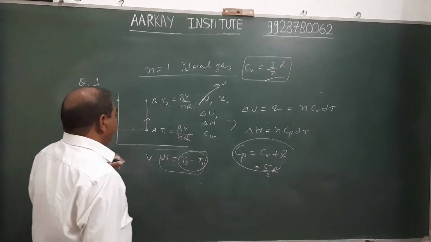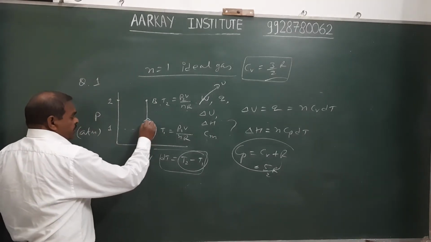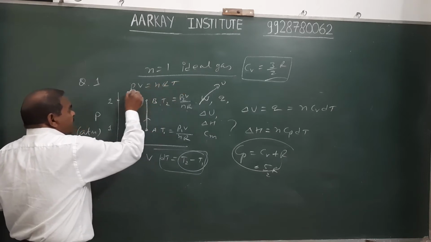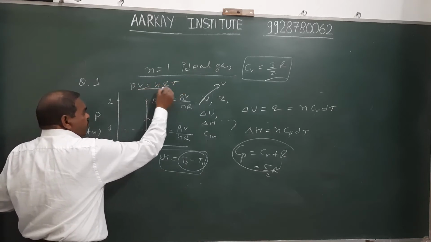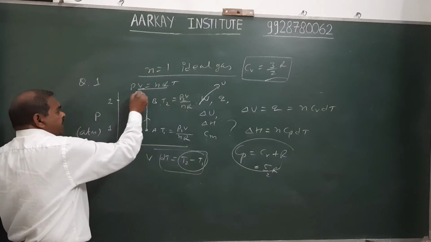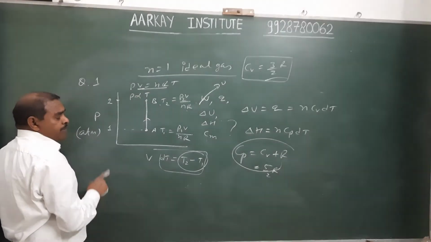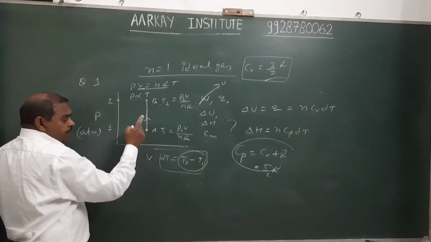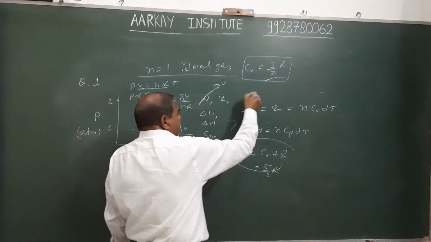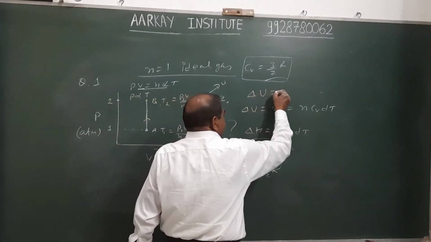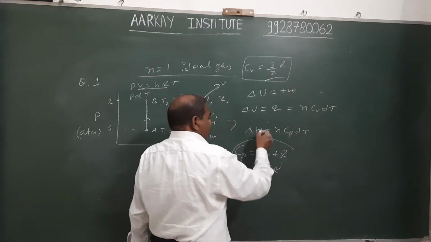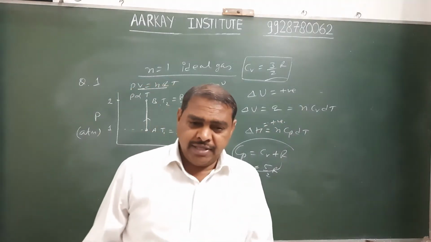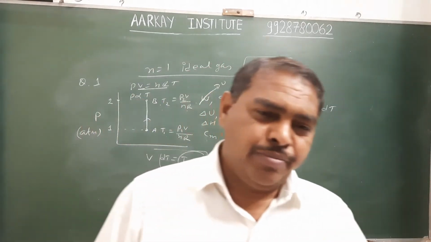Look, during this process pressure increases. In case of the ideal gas equation, when volume is constant and n is also constant, then pressure is directly proportional to T. It means temperature increases during this process. When temperature increases, then change in internal energy has a positive sign and change in enthalpy also has a positive sign, meaning internal energy increases and enthalpy of the gas increases during this process.